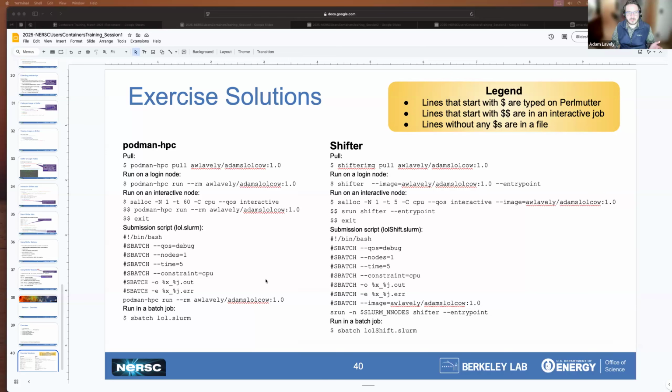But again, I have both how to do this for Podman HPC as well as for Shifter. Although I'm pretty sure that the slides had all of the Shifter stuff already ready to go. I think the Podman HPC, I did not use this particular example. The goal is hopefully to have people try to figure out what to do, and especially having the